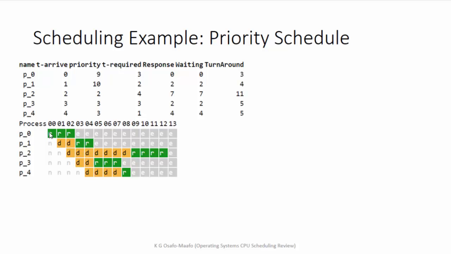So P0 is running for a bit, but when it finishes, it will ask itself, so by the time it finished, there was P1, P2, P3, they can run, they are ready to go. They are all there. And who do we pick? I would say, well, since 10, 2, 3, 10 is the highest priority, I pick that one to run. And when that one finishes, I ask myself, of 2, 3, 3, who has the higher priority? And there's P3 and P4, but since there are 2 of them that came in at the same time,